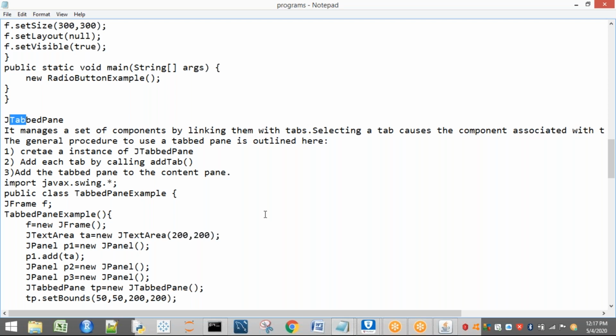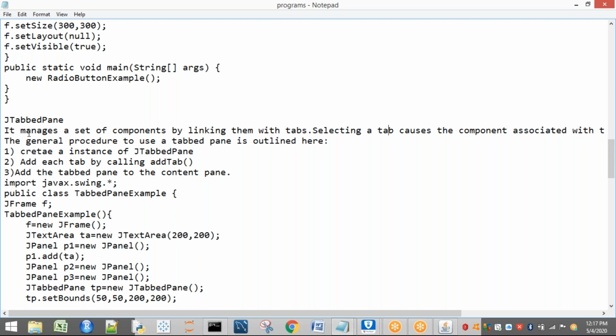Let us think of it as a container where we can place a group of tabs. It manages a set of components by linking them with tabs. Components may be anything, it may be a button or anything. But here your tabbed pane does this: each and every component is considered as one tab, and those are linked here.